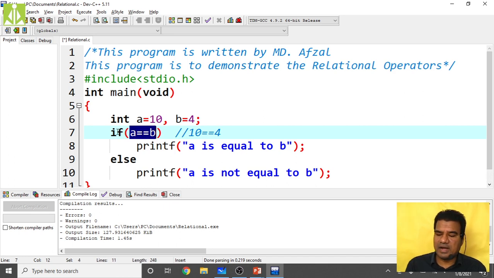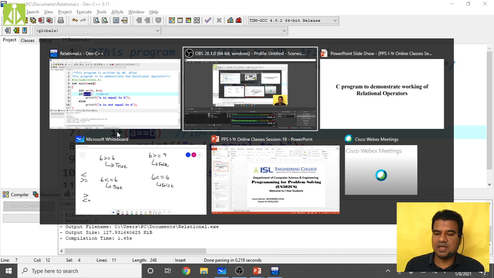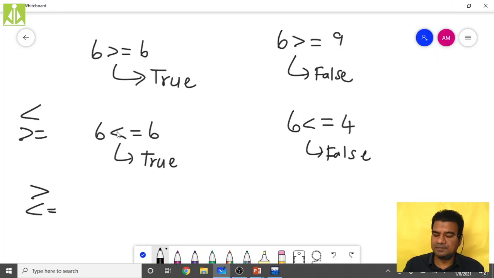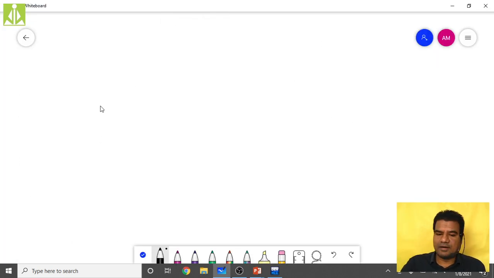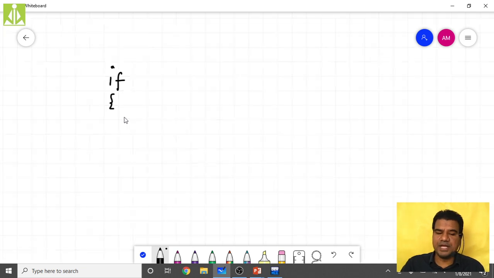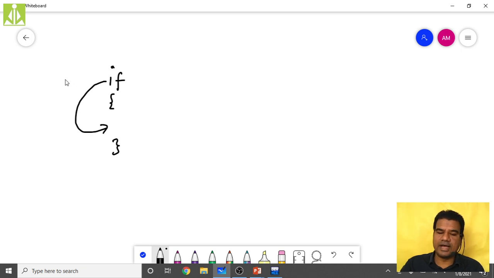For an if condition, the statements written immediately after if, we call it the true block.